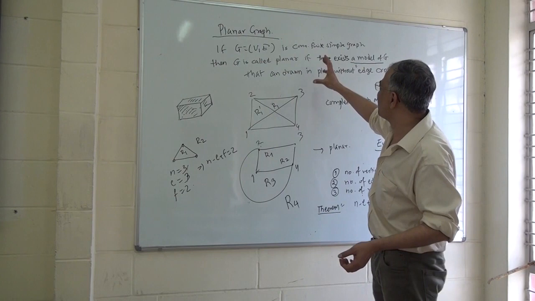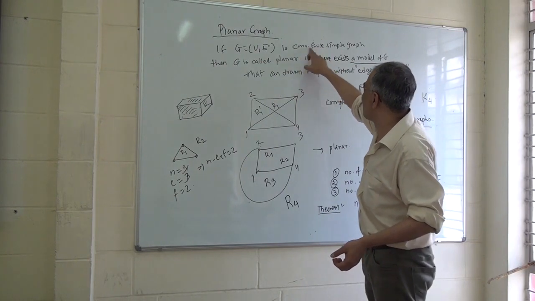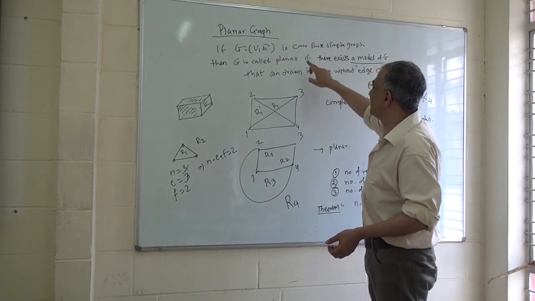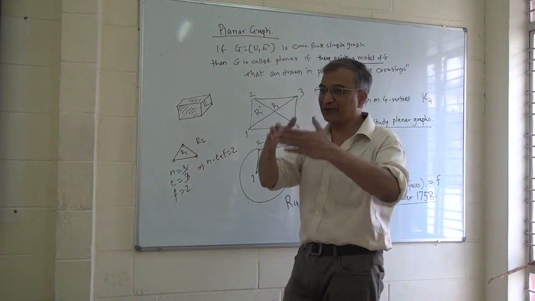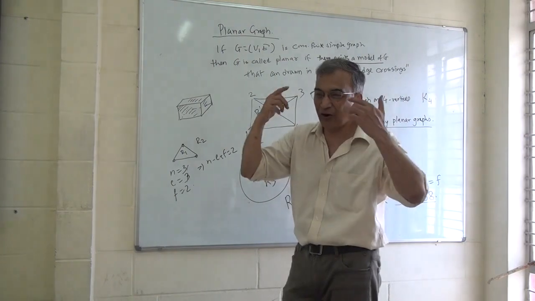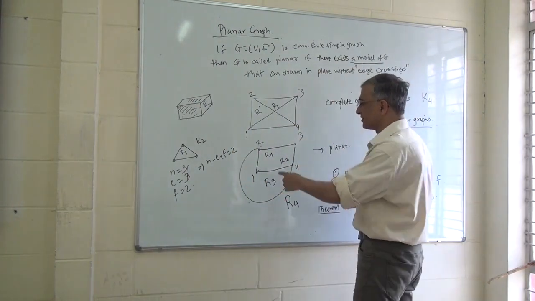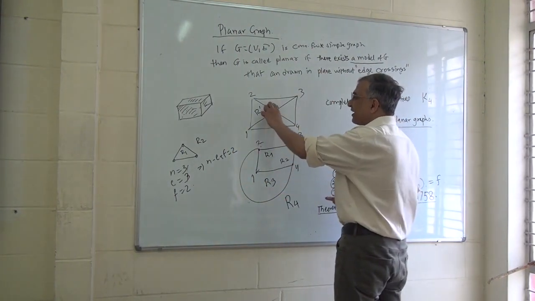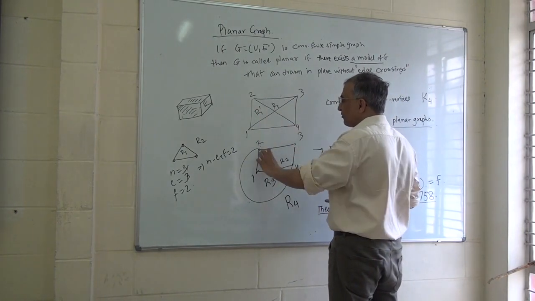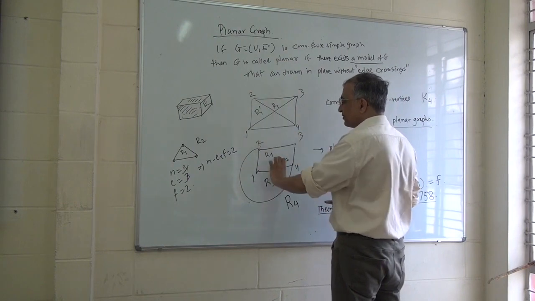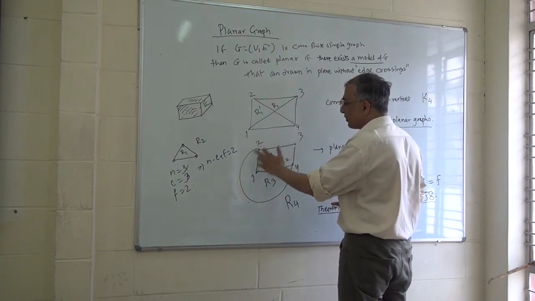Then as a change of topic, we found out it's connected finite simple graphs we are studying now. And in that it's called planar if we can draw, now we have gone from abstract to concrete, one particular drawing of that graph so that edges do not cross. And of course any complicated example you can draw, there is one which is not planar, one which is planar. All we need is one planar drawing.